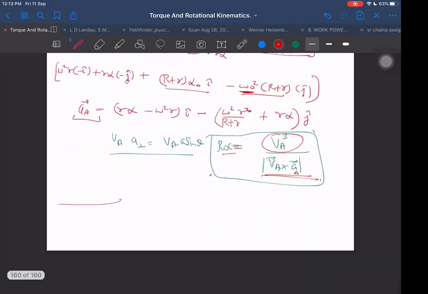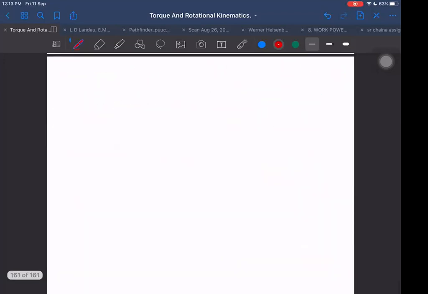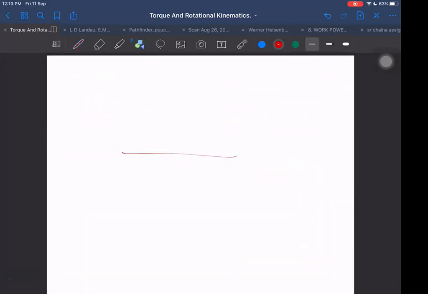On a plane surface also we can ask a tough question. If I want to ask a tough question, I will ask it this way. I will not ask the radius of curvature at the point in the vertical line passing through the center, but for a different point, at some other angle theta, and that was slightly more complicated. But that also I can obtain by this method: VA cube upon the magnitude of VA cross AA. Solved this.